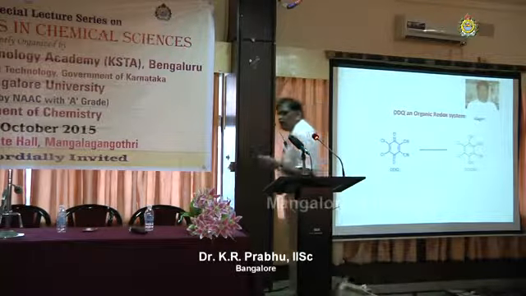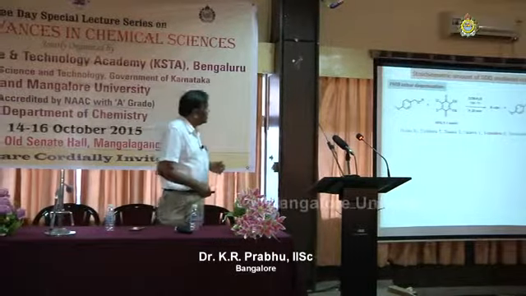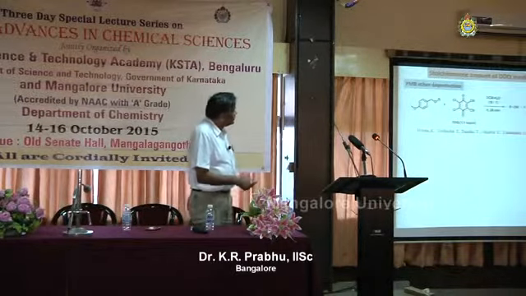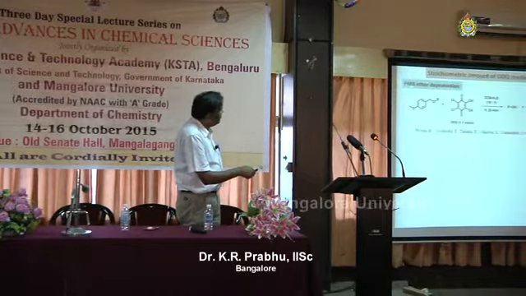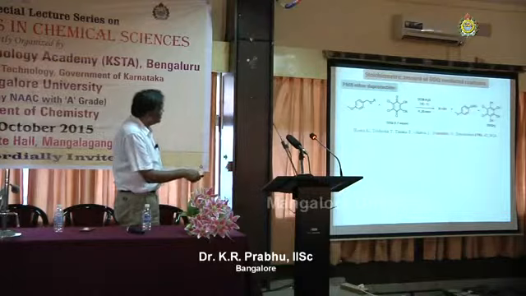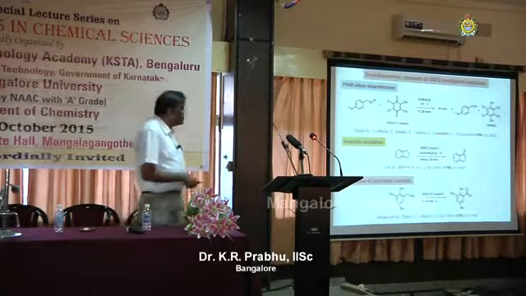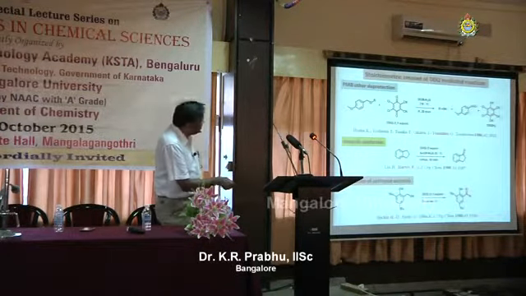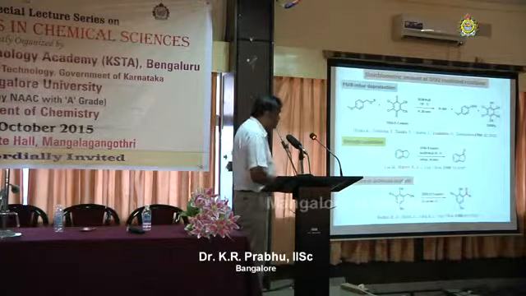Then we were looking forward, what are the things known about DDQ? So you know that DDQ is an excellent reagent, and it is used in many reactions, with a stoichiometric amount of DDQ. For example, one of them is PMB, that is paramethoxybenzyl deprotection. The DDQ takes about 1.1 equivalent. This is the standard reaction. And benzylic oxidation, for example, if you use this kind of cyclic system in the presence of 3 equivalents of DDQ under a particular condition, you can form the corresponding ketone. So these are the methods known.